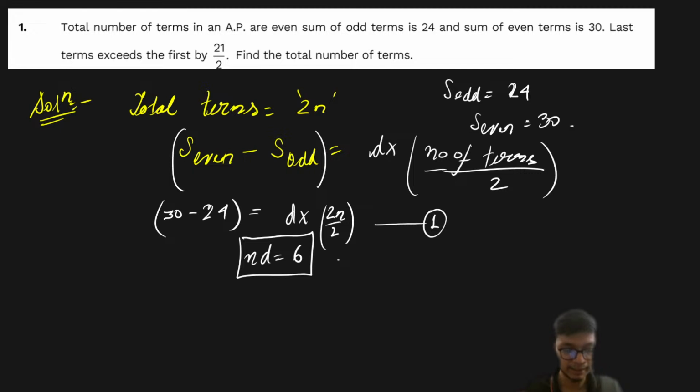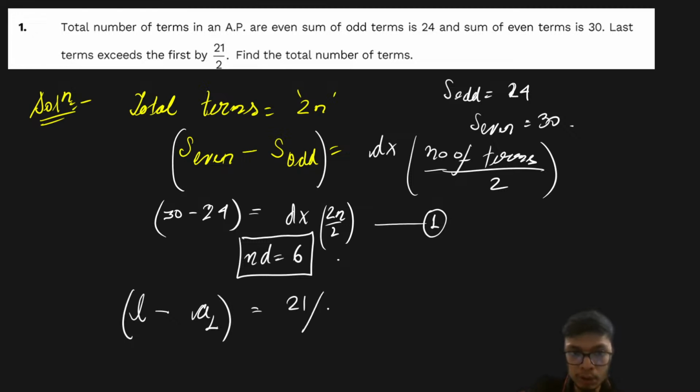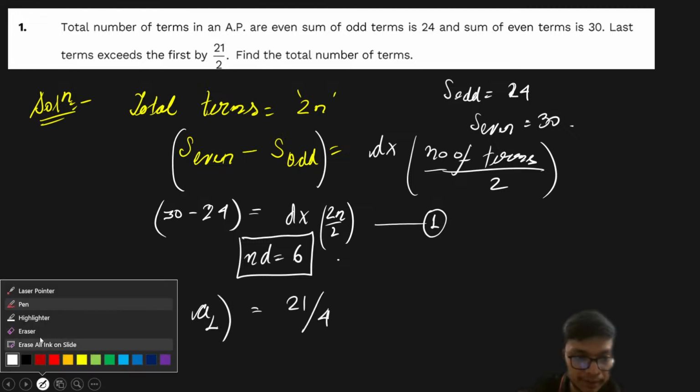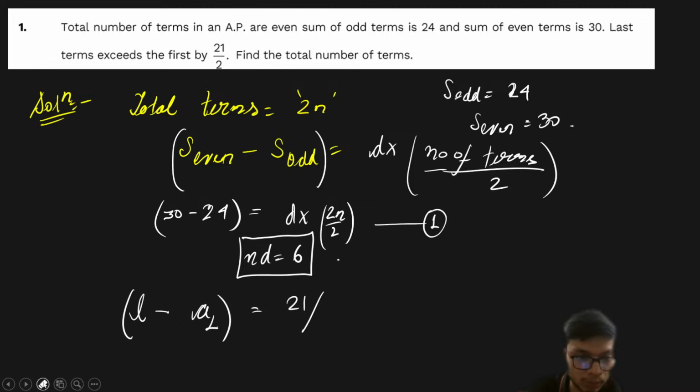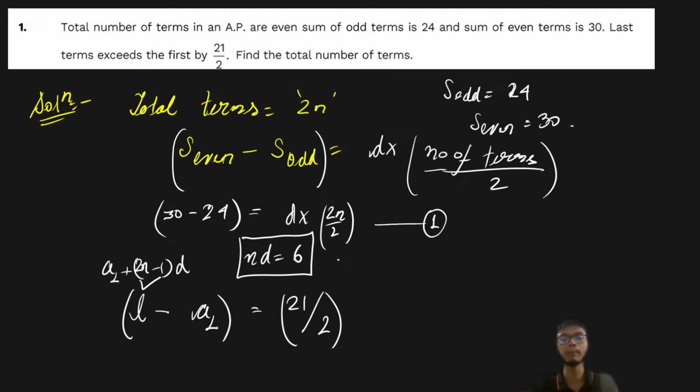Now it is also said in the problem that the last term exceeds the first term. If we consider the last term of the AP as L and the first term as A1, it exceeds by 21 by 2. So the difference is 21 upon 2 over here, right? Therefore, the last term is given as the first term plus n minus 1 times d, but we have 2n terms, so 2n minus 1